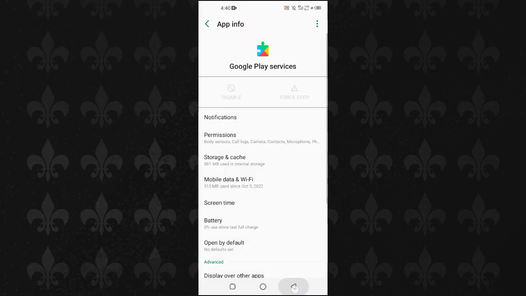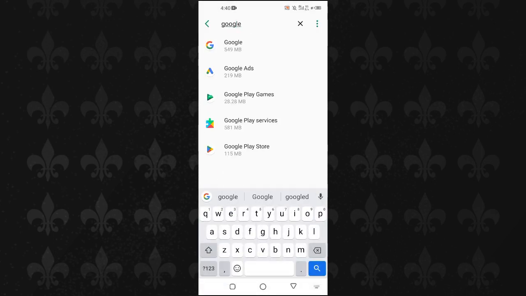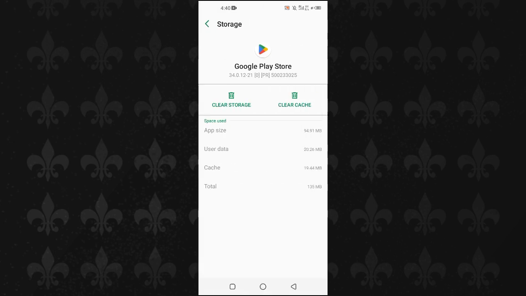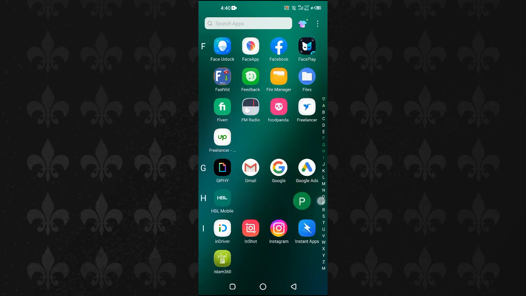And then you will head back and you will search for Google Play Store. You will click on the Play Store application, and you will click on storage and cache, and same process, you will clear the cache of this application too. Then you will open up the Play Store,